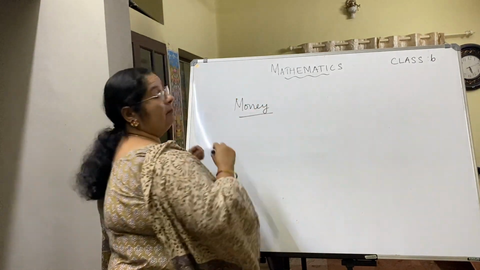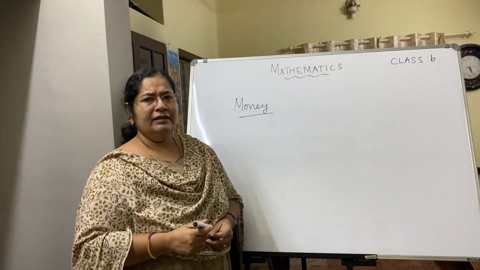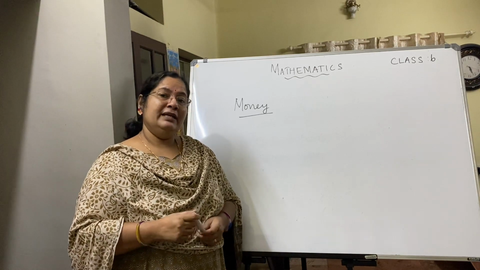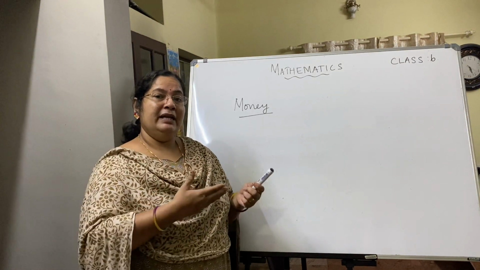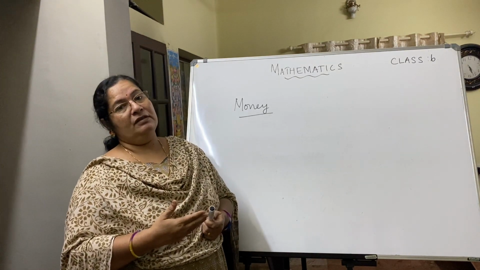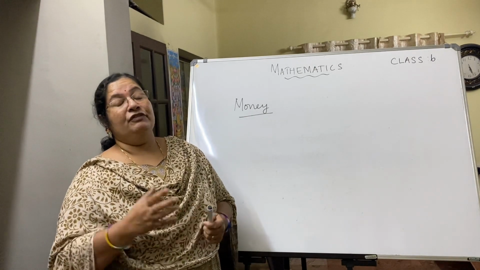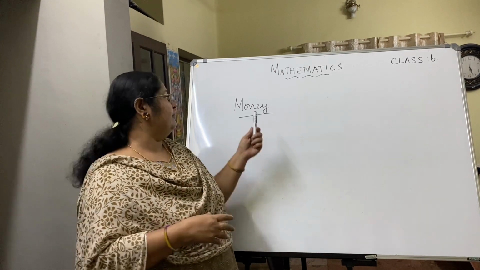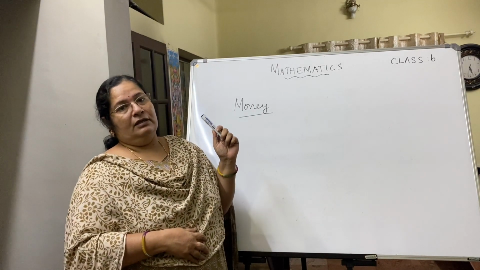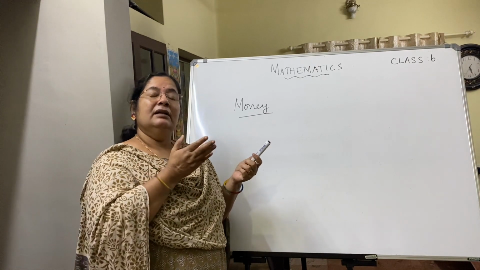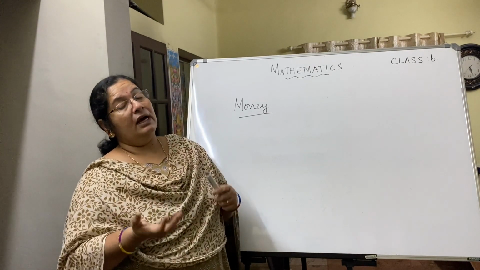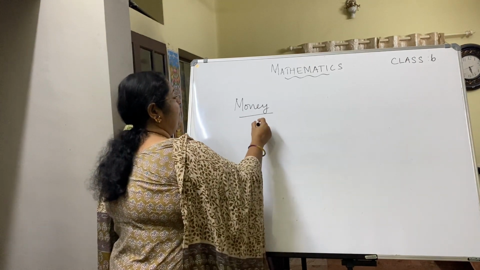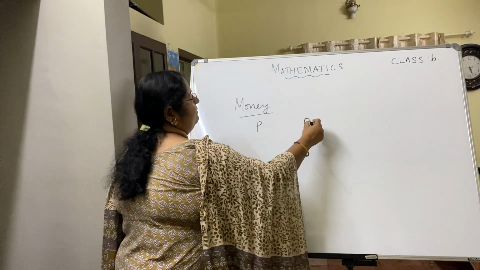Let us take first money. What is the unit of money? Paise and rupees. So you are going to write this money concept, the unit of money, in terms of decimals. For that you should know the relation between the different units of a particular concept. Sometimes you may be asked to write one unit in terms of the other. So our concern for money is paise and rupees.